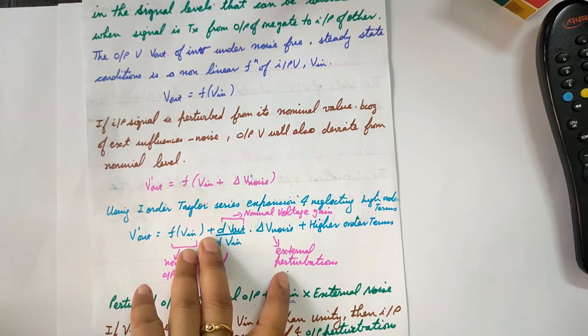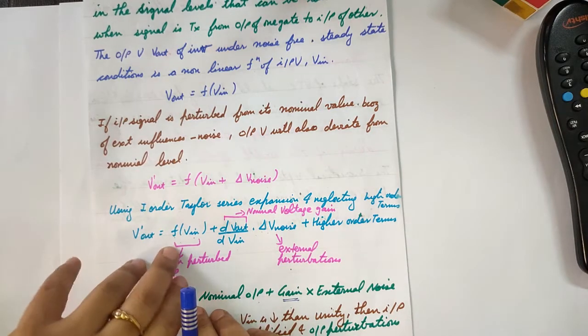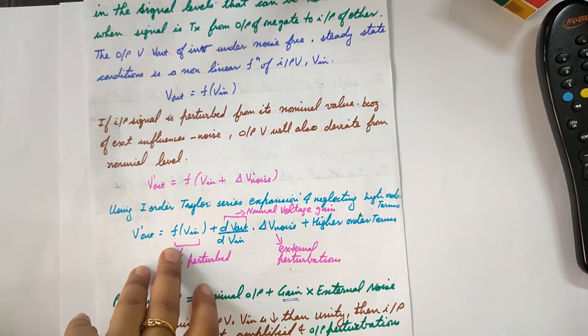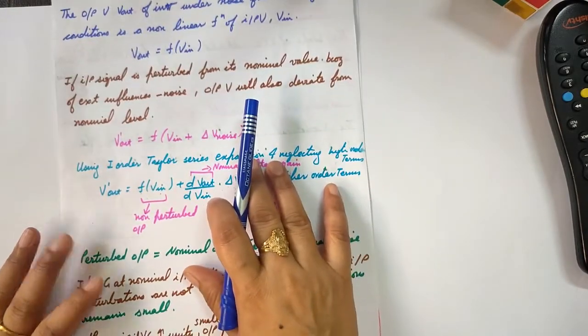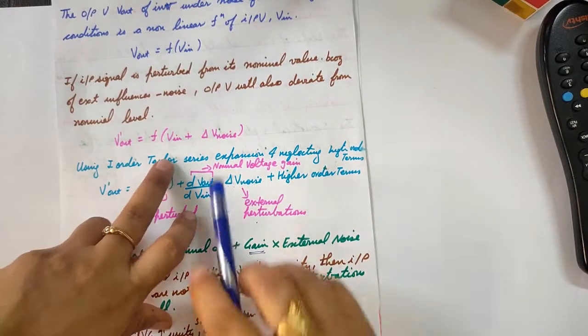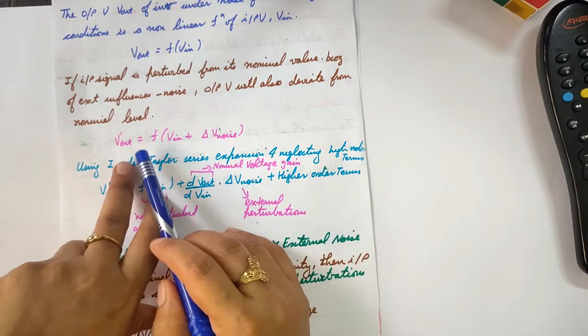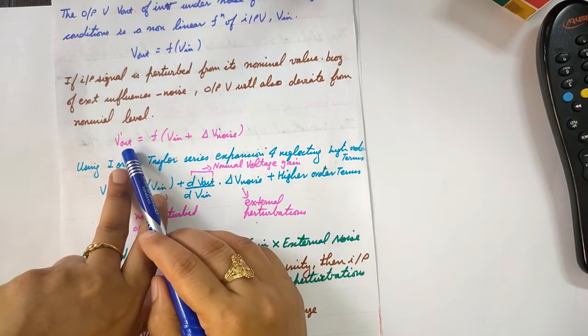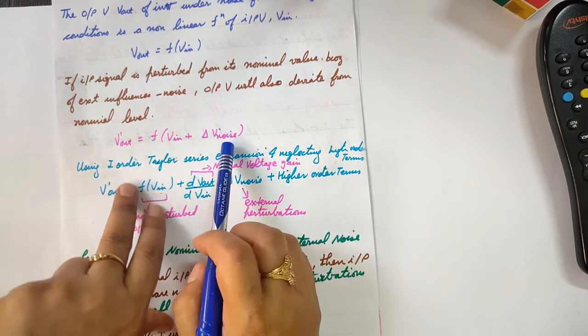Okay, now moving further, if this input signal is affected by some noise, means some noise is present in the circuit, in that case the input will also be affected, and similarly if the input is affected, then the output will also be affected. Now let's say there is some delta V noise present in the system. Now we are going to see the effect of this noise on the output. Let's say the input becomes Vin plus delta V noise. Now since the input is corrupted, the output will also be corrupted, and we have given it the name V out dash, and it is equal to the function of this corrupted input.